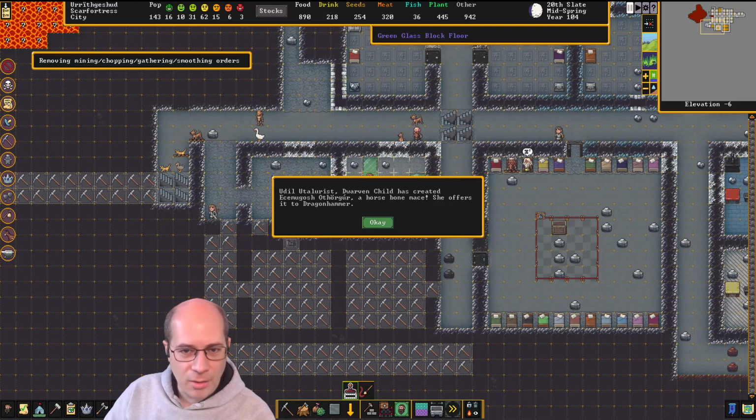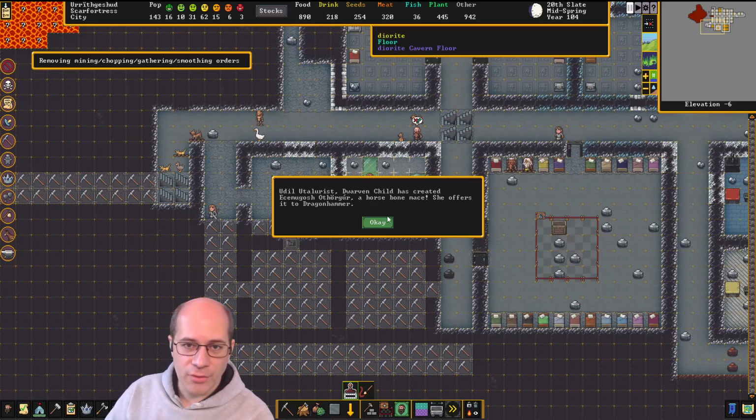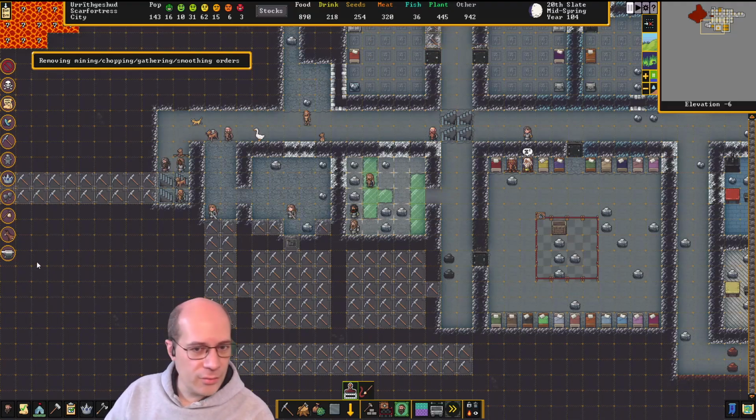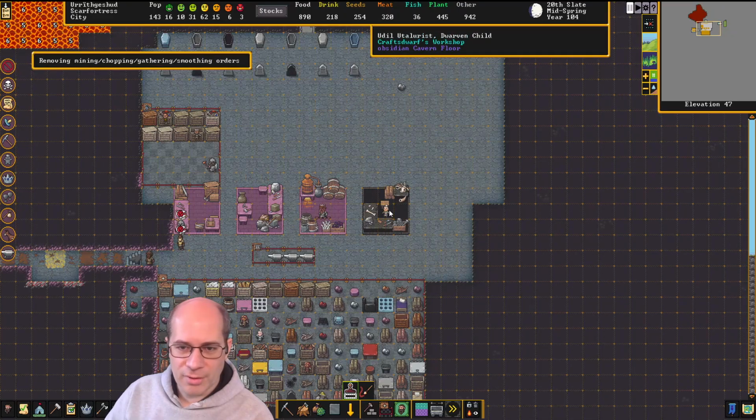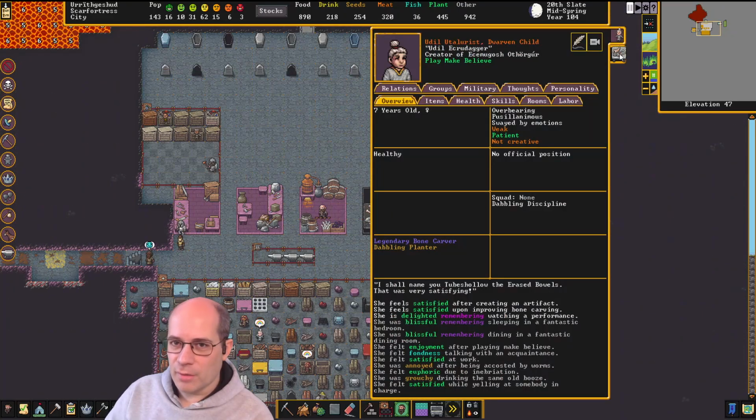Now, a dwarven child, Udal, has created Ekamugosh Orthorgur, a horsebone mace. She offers it to Dragonhammer. Okay, so we're going to go take a look at that. And that is not going to be the best weapon we've ever seen. However,